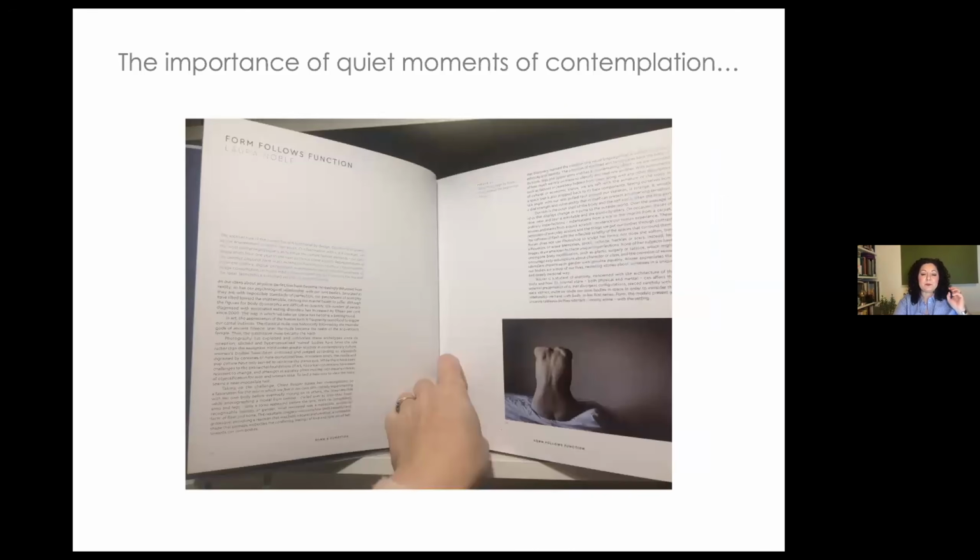And where things were placed. So here, I just put this in because I thought it was a wonderful example. Even the image on this page that goes with the essay fits the page. It makes sense that this quiet, solitary image puts you in the place you want to be to read. You don't want something punchy and jazzy on that page. It needs to be something quiet to think about. Okay, I'm going to read, and I'm going to spend time with this now.